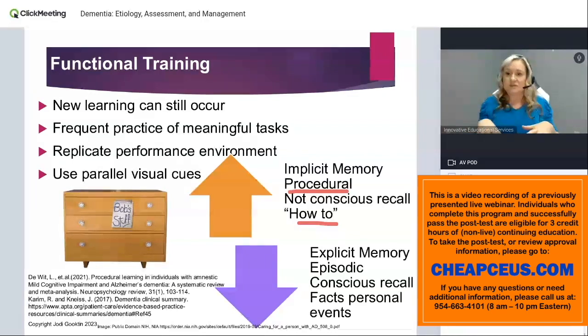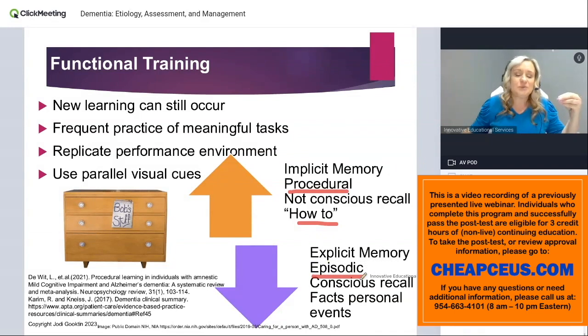So maybe instead, if they remember how to sit down and stand up, maybe you place different chairs around different areas, and what's your task? Sit down in that chair, and they have to navigate to get there. And you set things up so it goes through those different movement patterns that you want them to work on, because you use that implicit memory a little bit more so you can build on it to learn new motor skills,